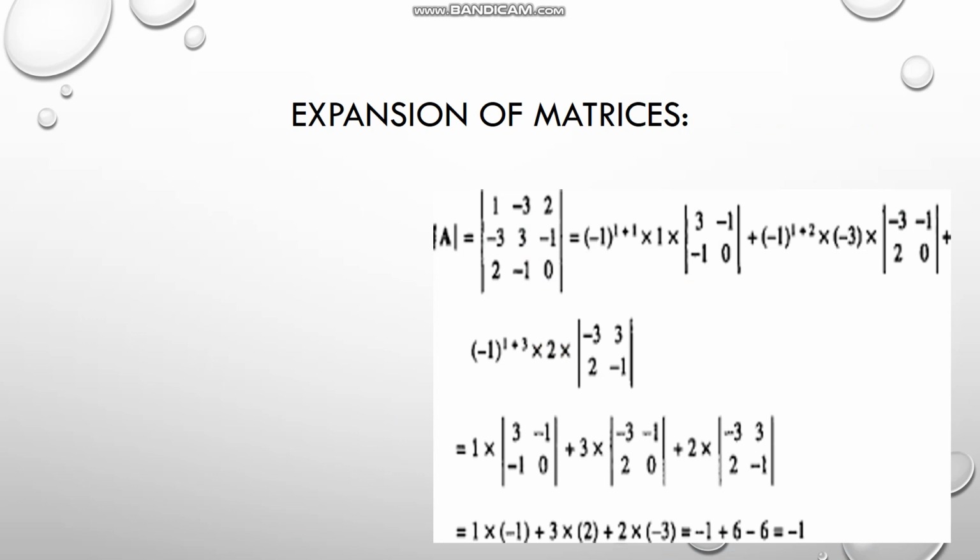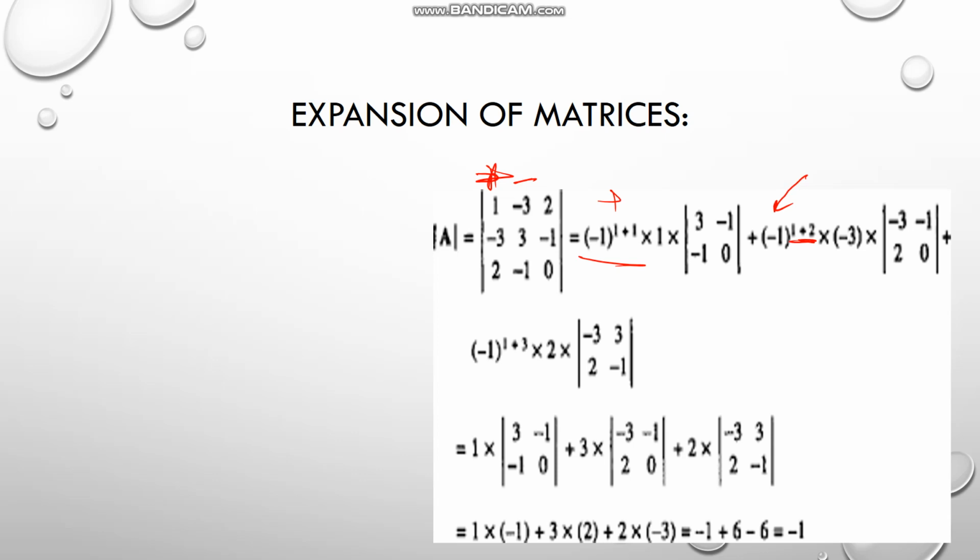We can expand any given matrix for finding the magnitude along any row or column. For expansion we need to introduce the position value of that particular element. As we can see here, minus 1 power 1 plus 1 will be positive for the first element. Then the second element is in the first row, second column, that's why 1 plus 2, and the position value of this is minus. Why minus? Because minus 1 power 1 plus 2 will give you a negative sign.